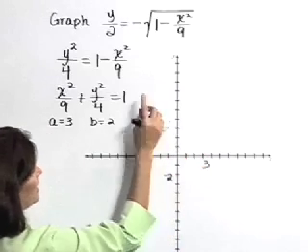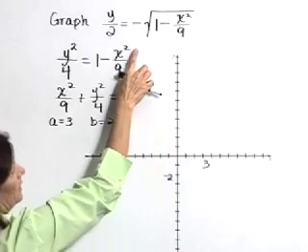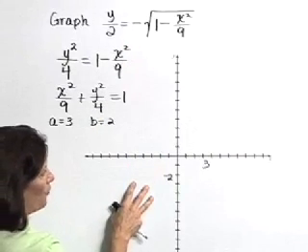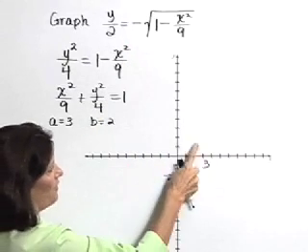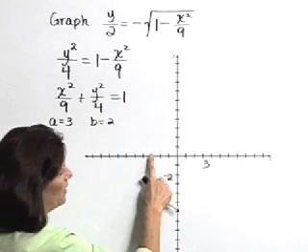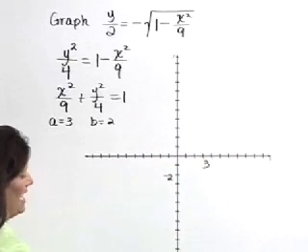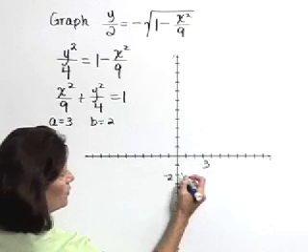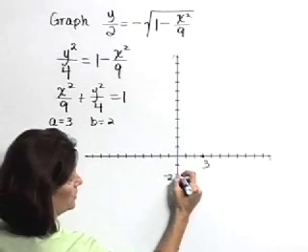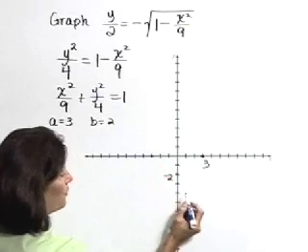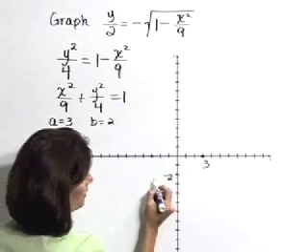Now remember that initially we discussed the fact that y must be a negative value. Therefore, as we graph this, we're not going to get to graph the entire ellipse, but only this bottom portion of the ellipse where the y values are negative. So this ellipse is going to include this point at 3, 0, and 0, negative 2, and that's a negative 3, 0. Now let's sketch the bottom portion of it